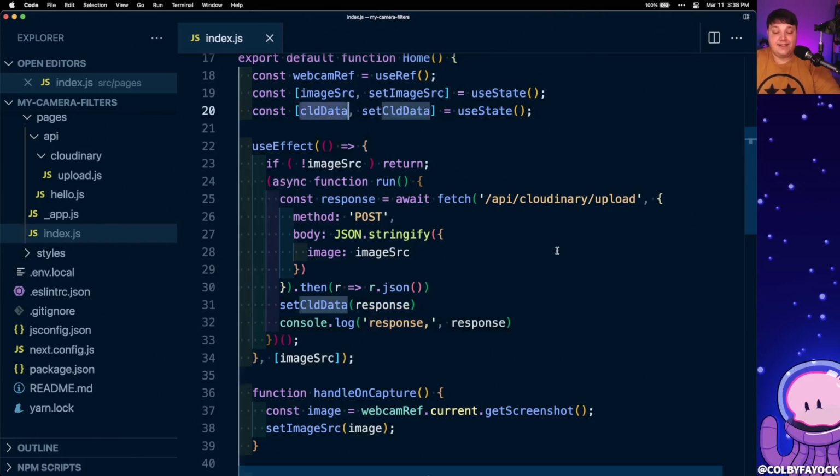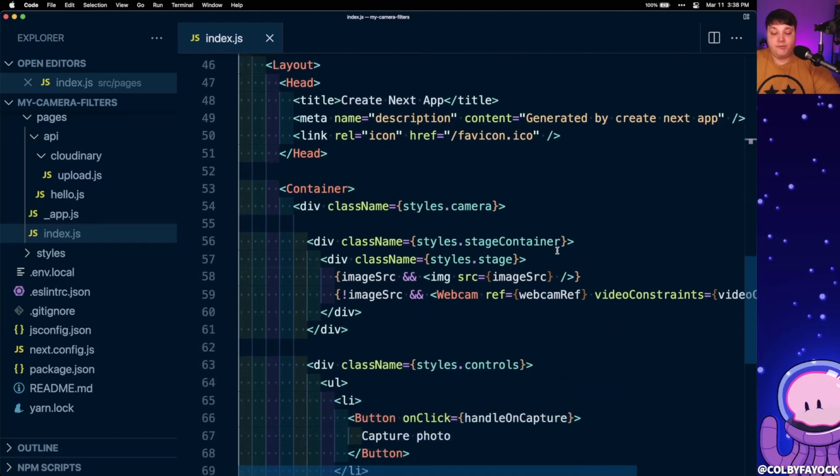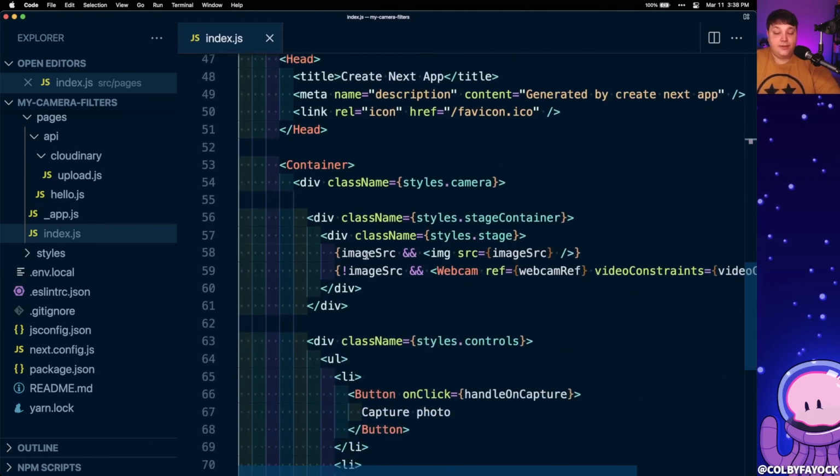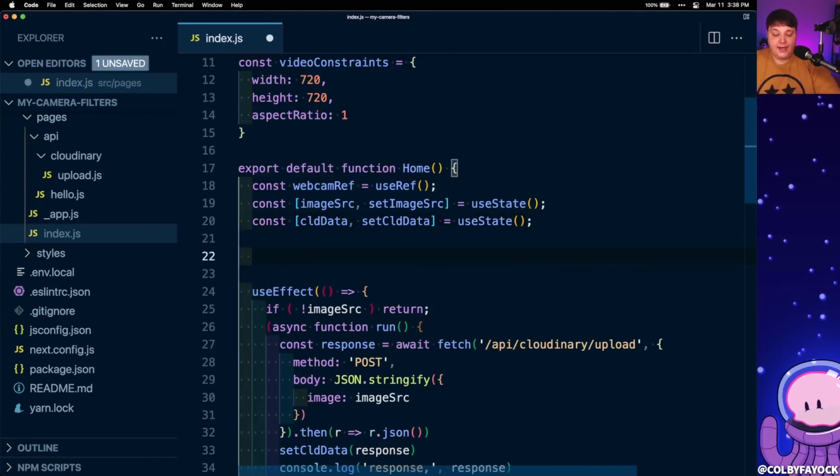Now, once we have that CLD data, I ultimately want to replace it in the DOM. And the way that we can do that is we can replace this image source value so that if we do have it, instead of using the raw image source that we got from the browser, we can use that Cloudinary image source. Now, the way that I'm going to do that is I'm going to create a new constant called source, and I'm going to set that equal to